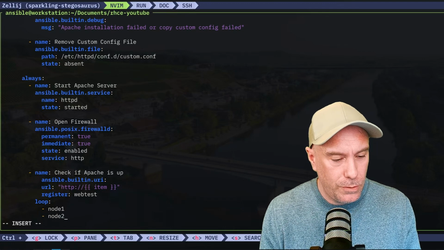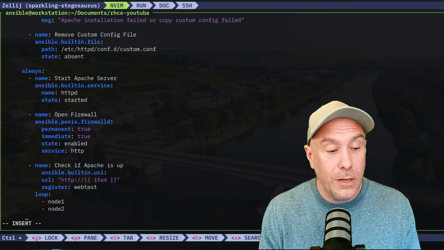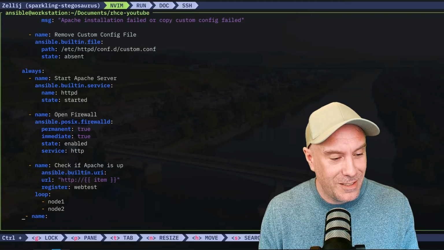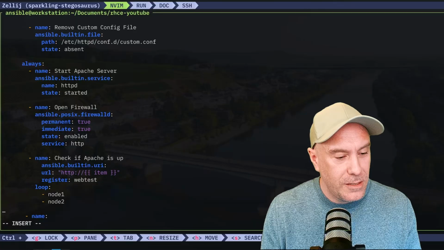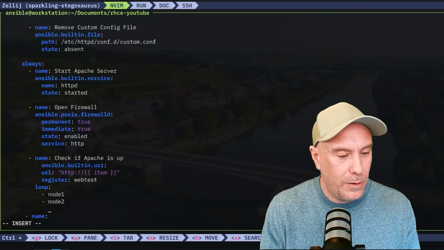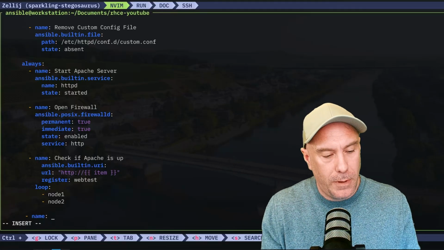Node 2. And just now we can use amazing. Let's, no, I want a space. I need some space. Name